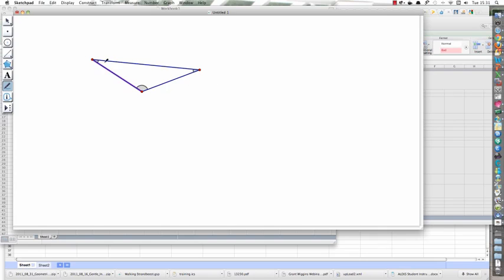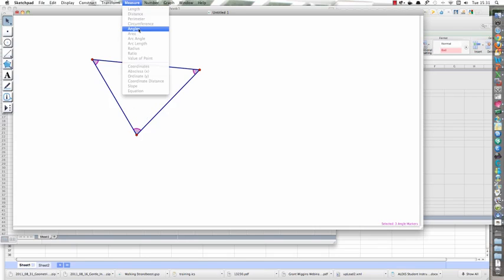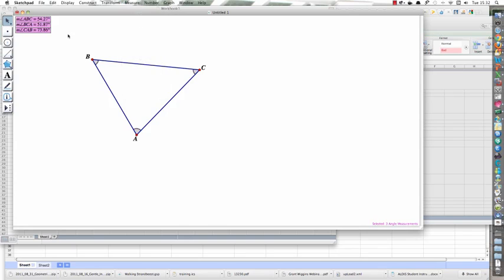Then I will click on these, and we'll get it so that these are a little bigger. We'll click on these three marked angles and tell Sketchpad to go up and measure those angles. There it did. There are the three angles, and you'll notice that as I move the triangle, they all